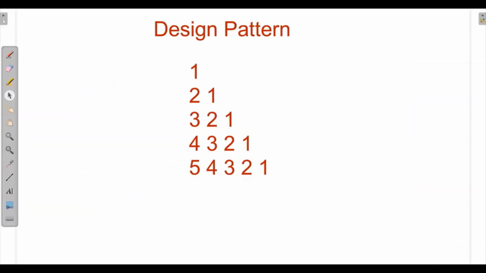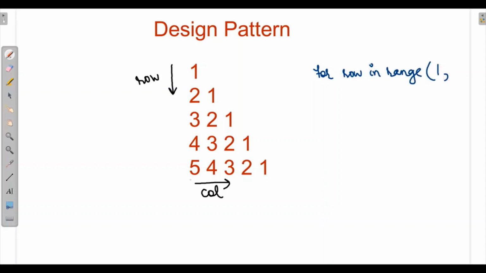Here we have a numerical pattern in front of our screen where numbers are increasing vertically and decreasing horizontally. That means we need to use two loops over here, first for row and second for column. So firstly, it is increasing by row. We can write a simple loop: for row in range 1 to 6, as it is halting at 5, we need to write 6 over here as the last value is